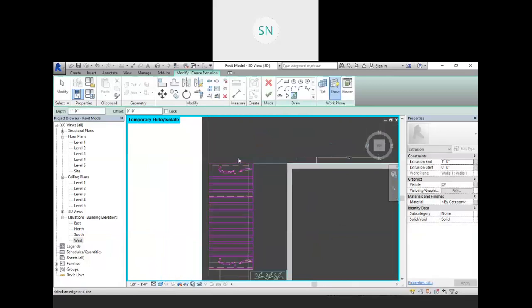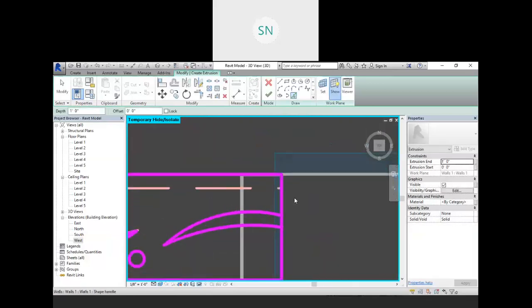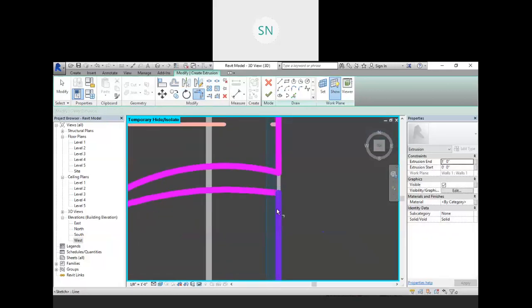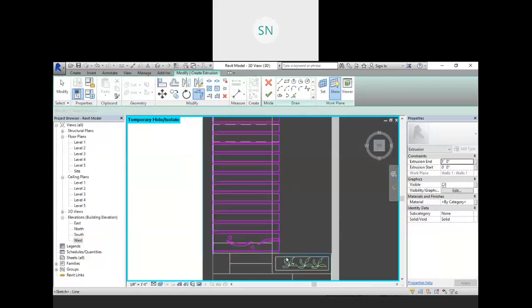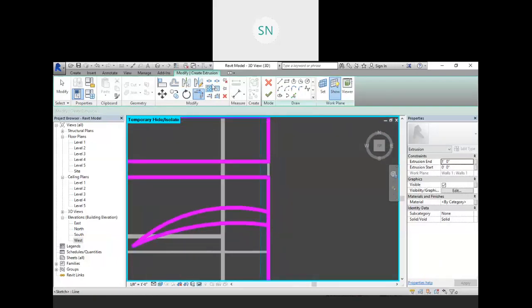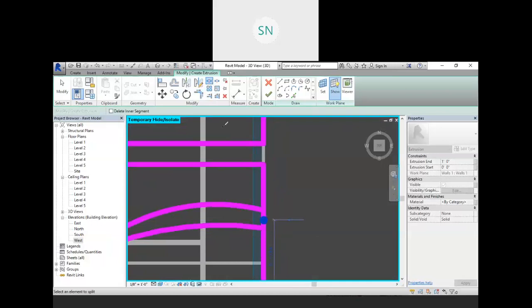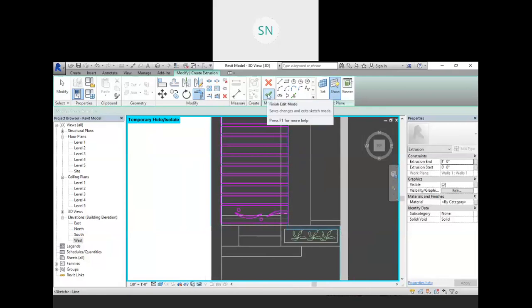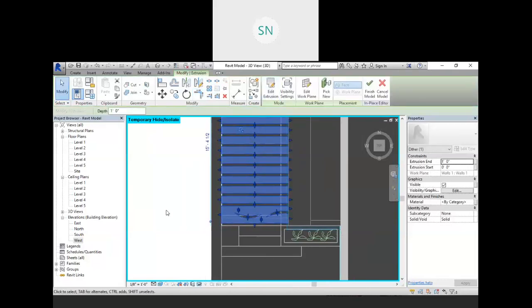Here is where we have a problem. Because we need a continuous sketch, right? So we need to split it and create a corner, this line with this one and this line with this one. Now it is fine. Similarly we need to do over here also, right? And now I think it is fine. Try to finish it. And here we have our output,